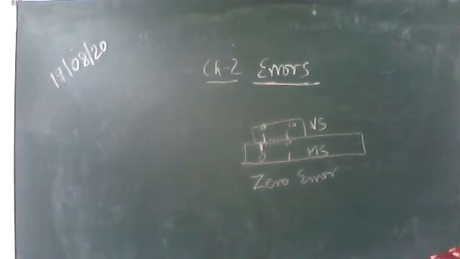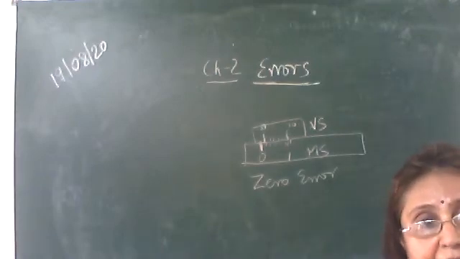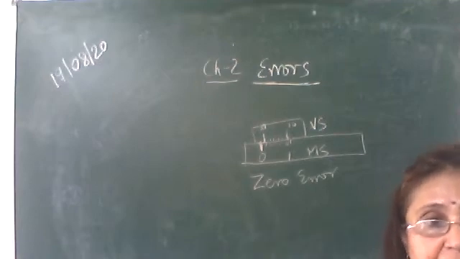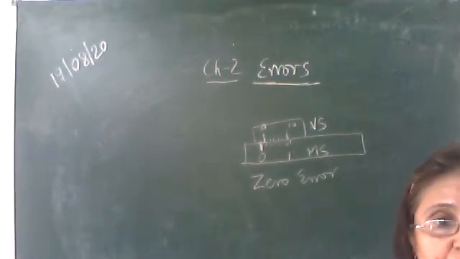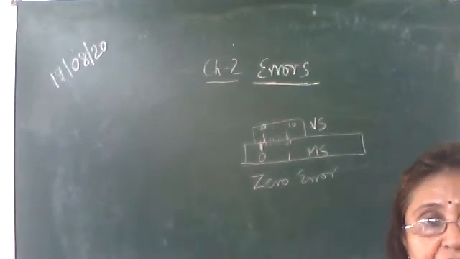Now the second type of errors are random errors. Random errors are those errors which occur irregularly and hence are random with respect to sign and size. So randomly they may occur, irregularly they may occur, and their cause is not known. For example, you are measuring the length of a table.